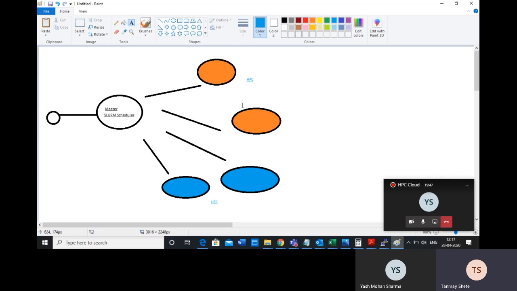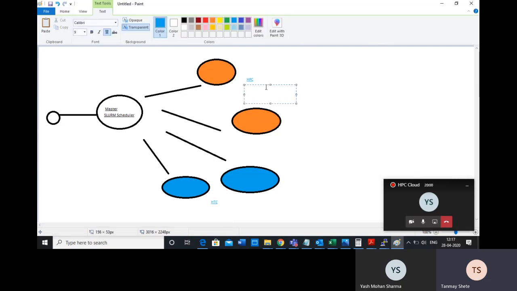But HPC machines have a specific configuration. In our case, each machine has 60 CPU cores. So each machine has 60 CPUs in the HPC type, and I think it has about 256 GB RAM. Each of these machines has that.